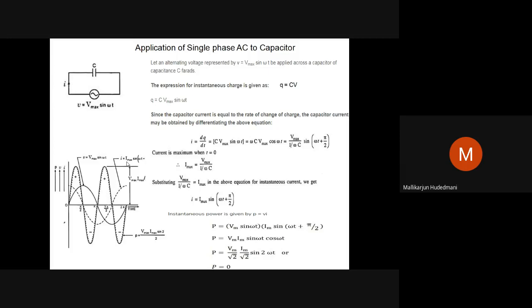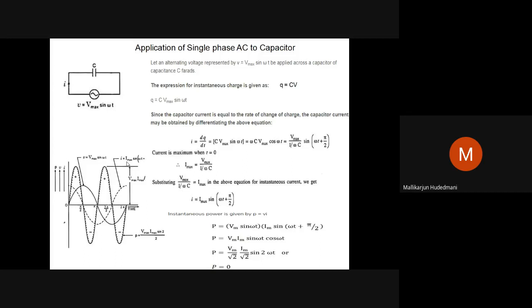Now I am going to understand current in terms of charge, coulombs of charge transferring from plate 1 of the capacitor towards plate 2, and plate 2 towards plate 1. Tremendous movement of charge takes place across the plates of the capacitor, because of the nature of the applied voltage, which is sinusoidally varying, alternating voltage. Because of that, movement of charge from plate 1 towards 2, and 2 towards 1, is natural. Now let us observe at any instant of time how many coulombs of charge are present on the plates of the capacitor, which is C farad.